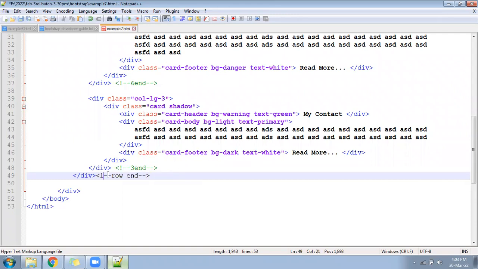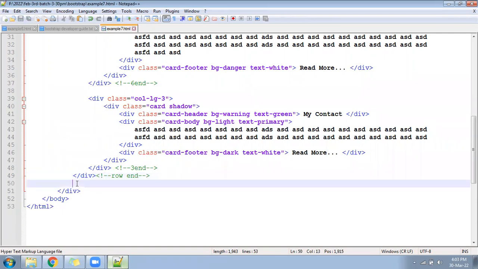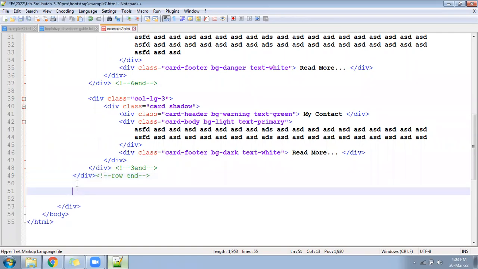Now the small task for you is to create another row and inside it create 6 columns, and display 6 photos. Send me the code in the chat also. Create a row, create 6 columns, and display a photo in each column.